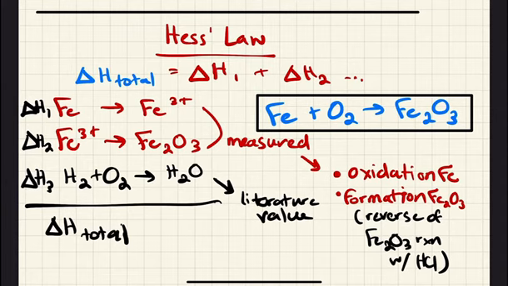Now, each group is going to be looking at a different metal oxidation process and conducting first the calibration step, then actually measuring the oxidation of Fe reaction. So you'll just put iron, well, whatever metal you've used, with that appropriate acid concentration and measure the heat evolved from that. Then you'll take the metal oxide and add it to an acid solution and measure the heat of that. And this formation of Fe2O3 that we'll use here, or metal oxide, is really the reverse value of our reaction with HCl. So that's just an important thing to remember. You'll be given a value or able to look it up at least for the oxidation of hydrogen